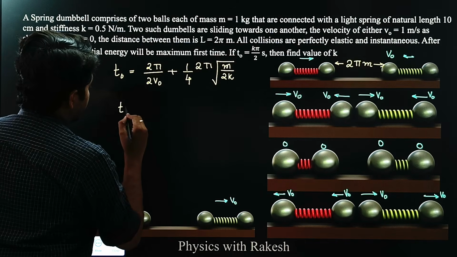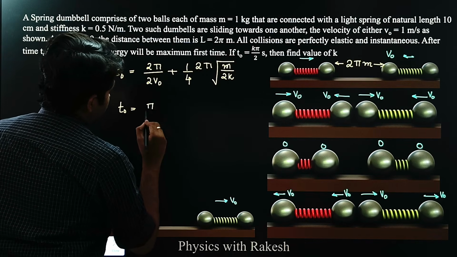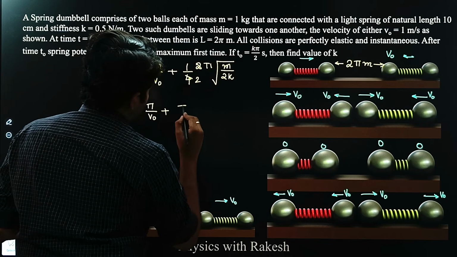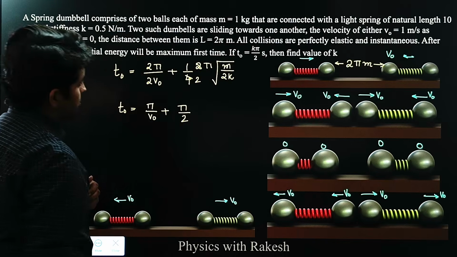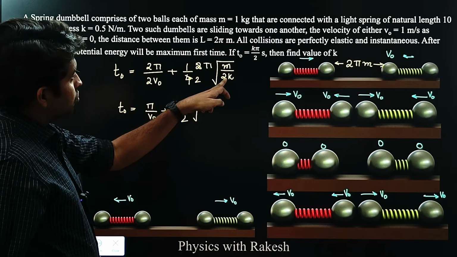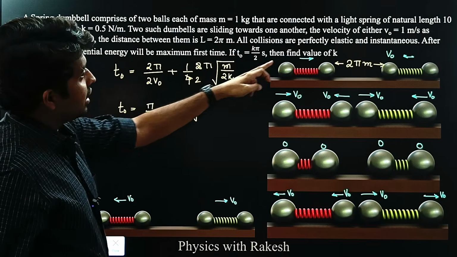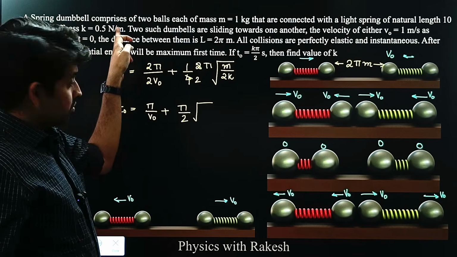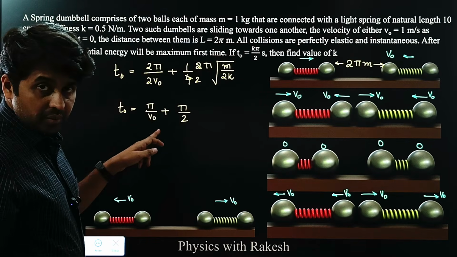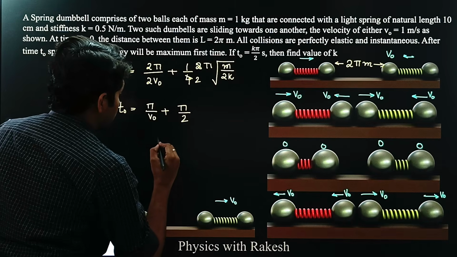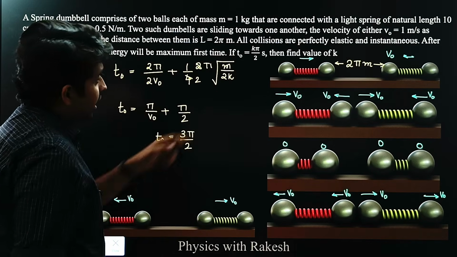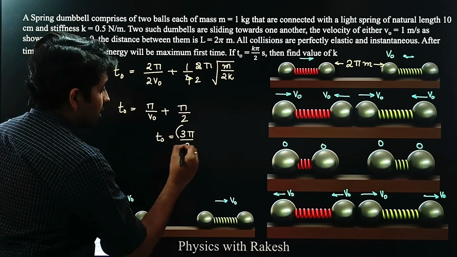We'll just solve this. So we get T0 equals pi by V0 plus pi by 2 under root m by 2k. Here m is 1 kg and k he has given as 0.5 Newton per meter, so this comes out to be 1. And V0 he has also given as 1 meter per second. So we get T0 equal to 3 pi by 2. And from this we can say the value of k is